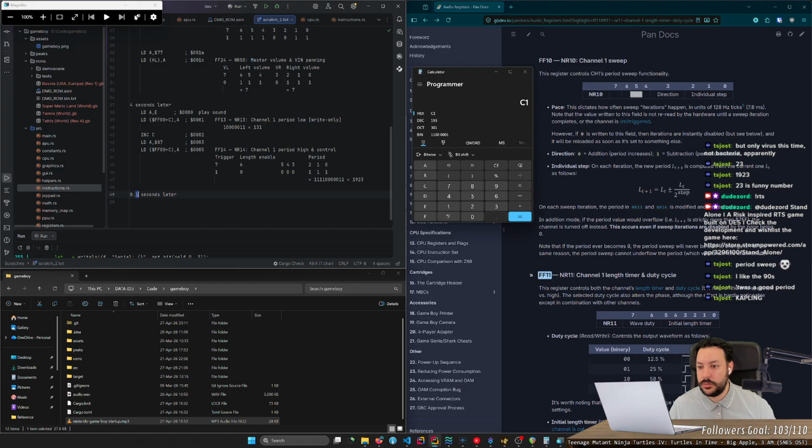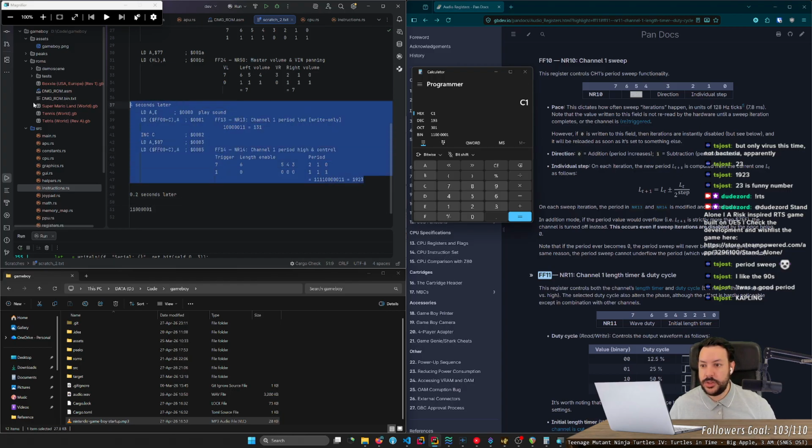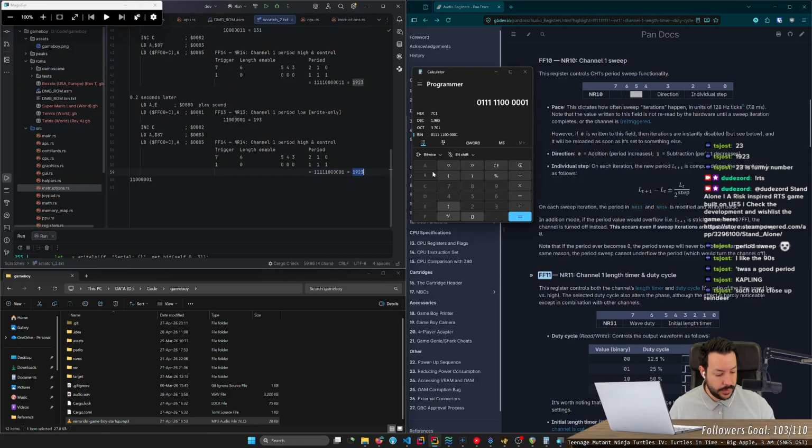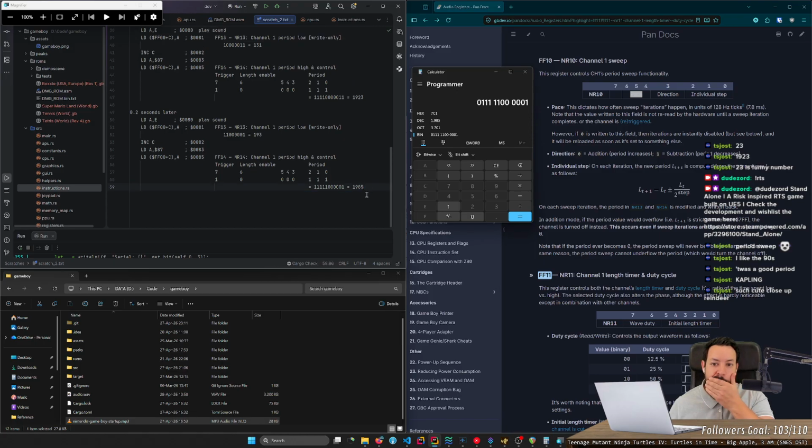I don't know how long this is, but we'll pretend. But essentially it's gonna call all of the same nonsense here. Only difference being that I put that there. This is gonna be 193 instead. And then the period should be the same. But this should be 1985. Okay, so this changes the period, which changes the frequency. Okay, I see.